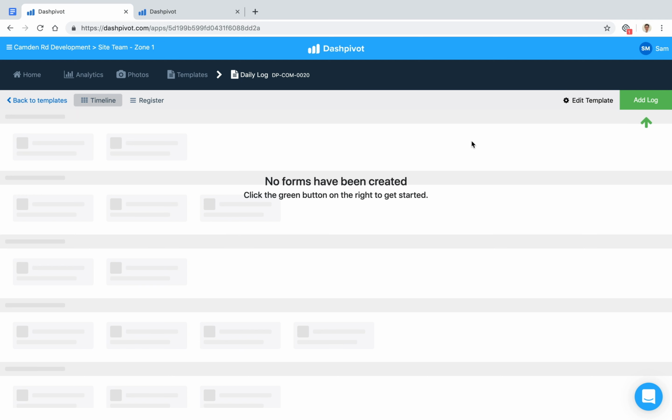And it goes by many names. Sometimes it's called a site diary, a daily log, a daily report, construction log. There's lots of names for this, but effectively it's doing the same thing. It's just painting a picture for that particular day of all the activities that were going on, who was there,